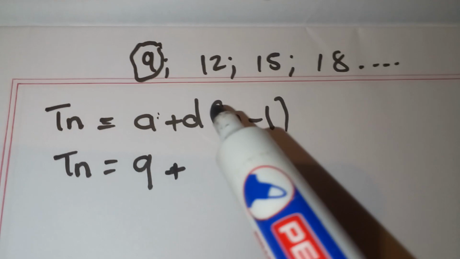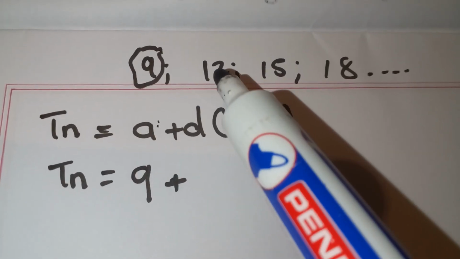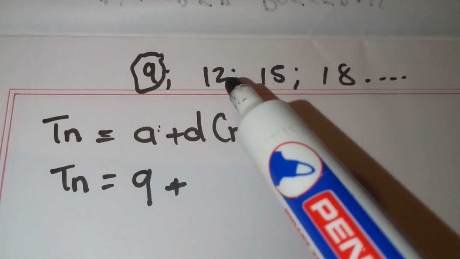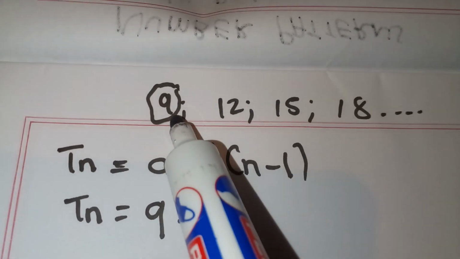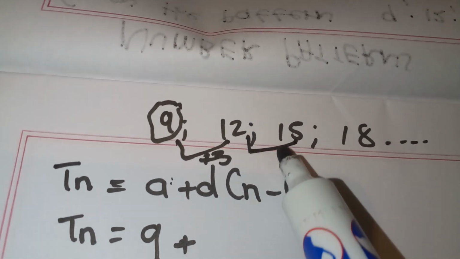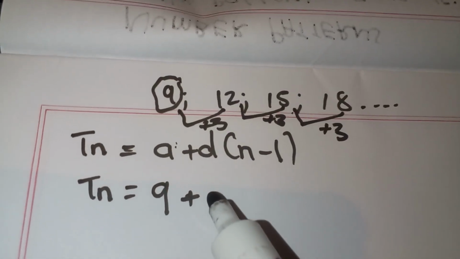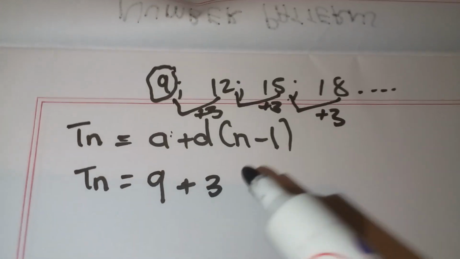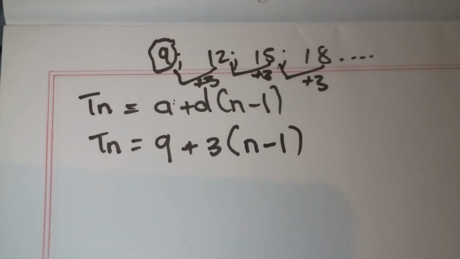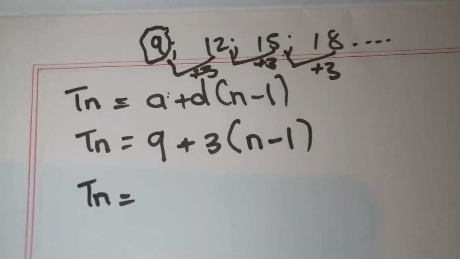Then the constant difference is a matter of how you get to 12 from 9, how you get to 15 from 12, and so forth. We say that from here to here, it is a plus 3, right? Then from here to here, it's also a plus 3. From here to here, it's also a plus 3. That means our constant difference is plus 3. Then it's going to be n minus 1. All right? So we keep our Tn is equal to,